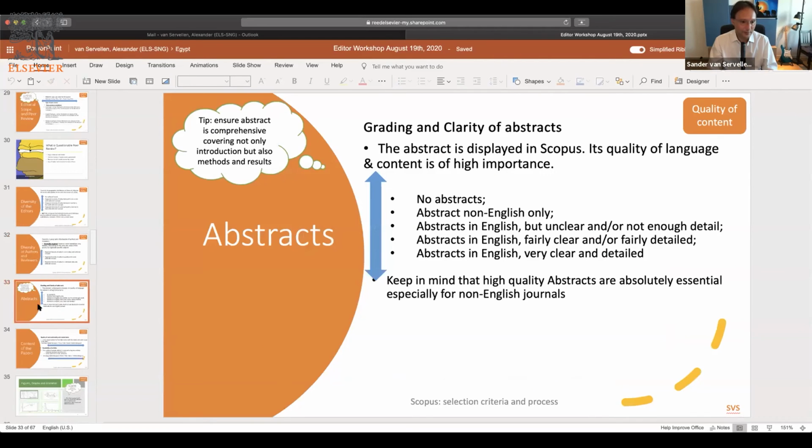Sorry, my PowerPoint, I use Office 365, and sometimes when I try to change the slide, it's,